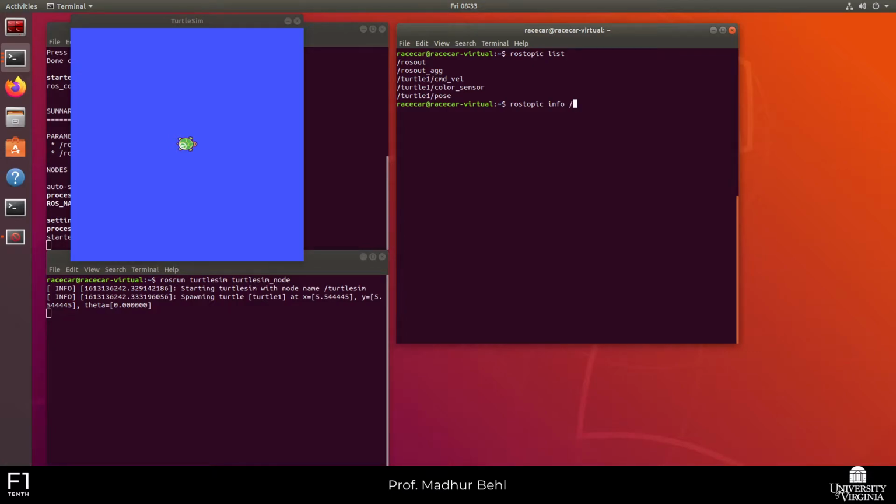Since we know the most about pose right now, I can just say turtle and then hit tab, and I'm going to say pose. I want to learn more about this topic, turtle1 pose. And so ROS tells me that the message type, the typecast, of the messages which are allowed to be published on this topic, turtle1 pose, are of the form